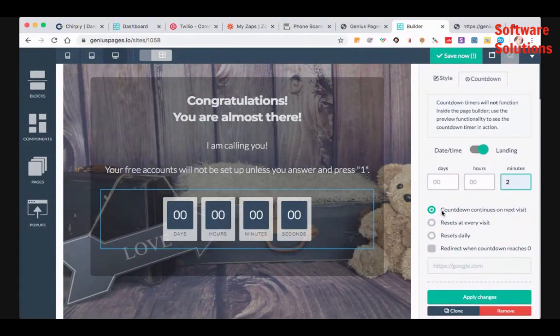Countdown continues on next visit? No, every time they visit this page, we want to reset this counter. Okay. And when it reaches 0, we want to redirect to another page. Well, we're going to take them to the next page in this. So what do we have? Our subdomain is fblivedemo.genius pages.io/page3. If you remember, it's going to be our upsell page. So when that timer hits 0,